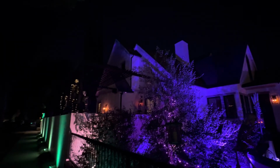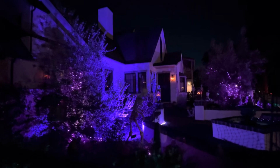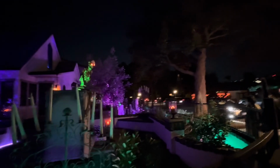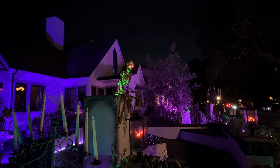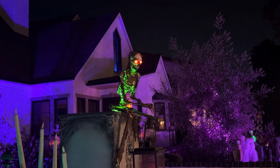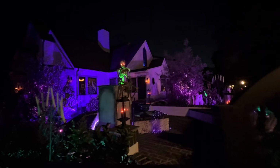All right, Clybourn Manor, in addition to being super well lit, has a fun, spooky collection of skeletons. I think my favorite being this guy with his slight movement. I feel like the first year we came out, he was the guy that really caught our attention and got us to come over here and cover this place. But in addition, Clybourn Manor is the former home of Roy and Edna Disney. So a little Disney tie-in there, and a bit of a celebration of